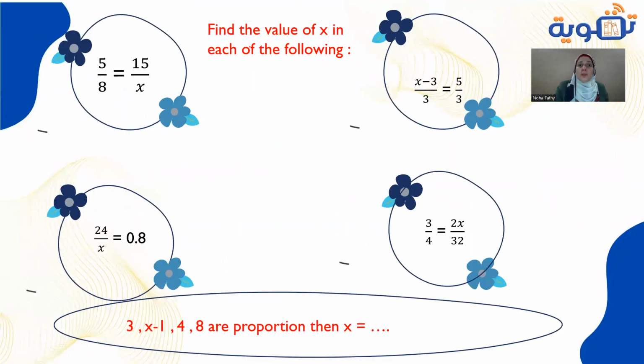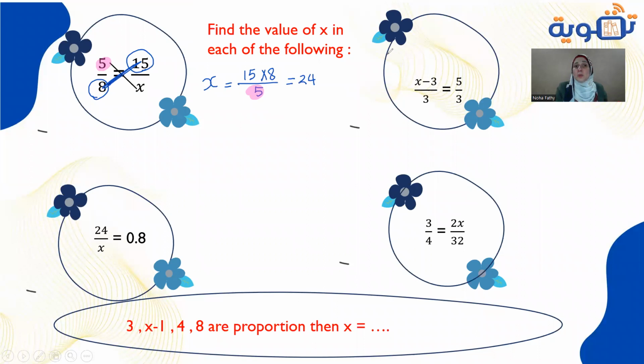Now, if he said for me, find the value of x, I will use product of means equals product of extremes. I will make cross multiplication like this. So I will write 15 times 8 equals 5 times x. I want x, so I'll divide by the number multiplying x. So I multiply 15 and 8 together, and divide by the number opposite to x, divide by 5. So the result equals